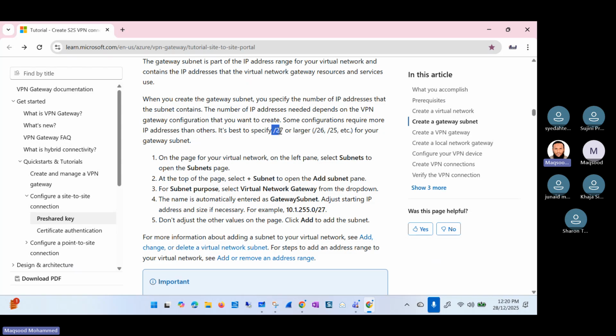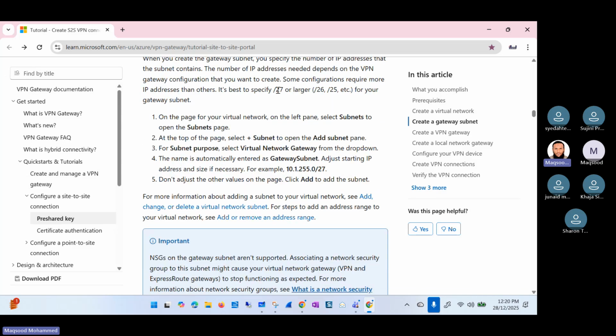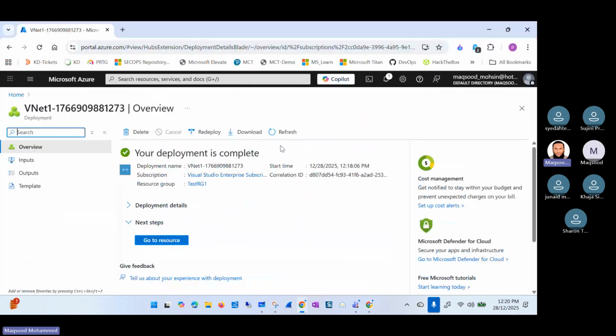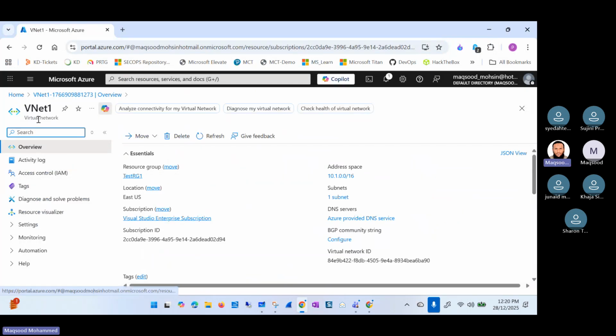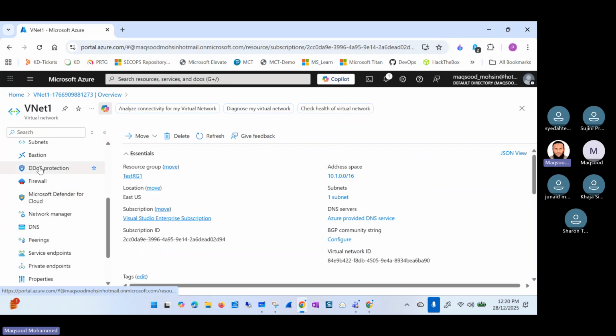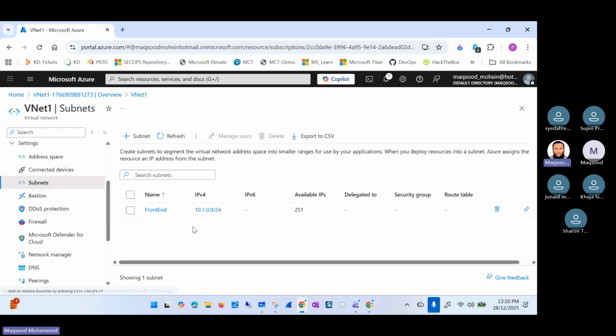What happens is, with each subnet, it gives you a number of IP addresses available in the subnet. So let's see how many IPs we get in the /27. On the page in the virtual network, we are going to create a subnet. We have the VNet already created, so within this VNet we are going to the subnets now. You can see the subnets. We already have one subnet called frontend, and that's the IP range. In this default /24, we get 255 IP addresses which are usable, which we can assign to the systems. So now we are creating a subnet,